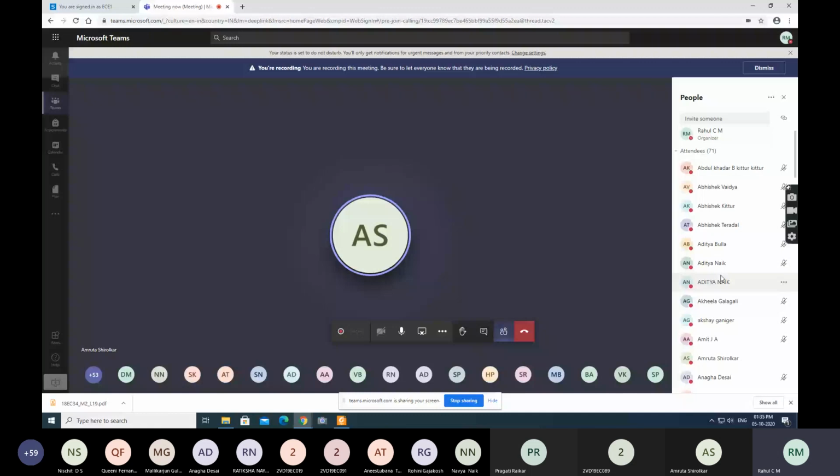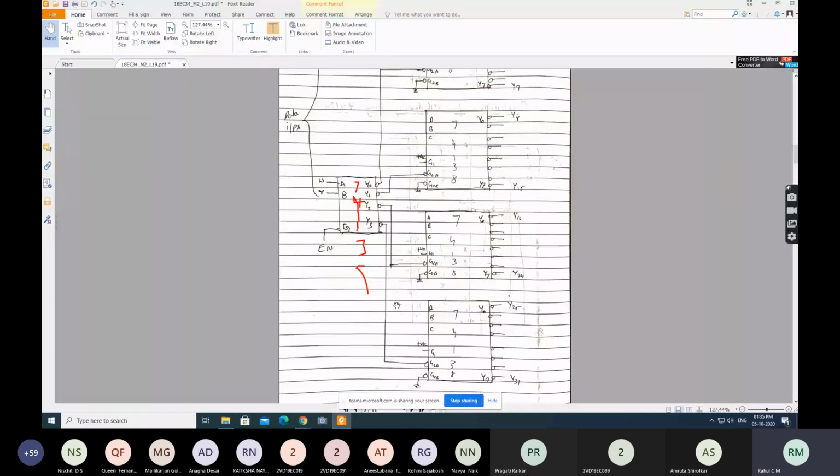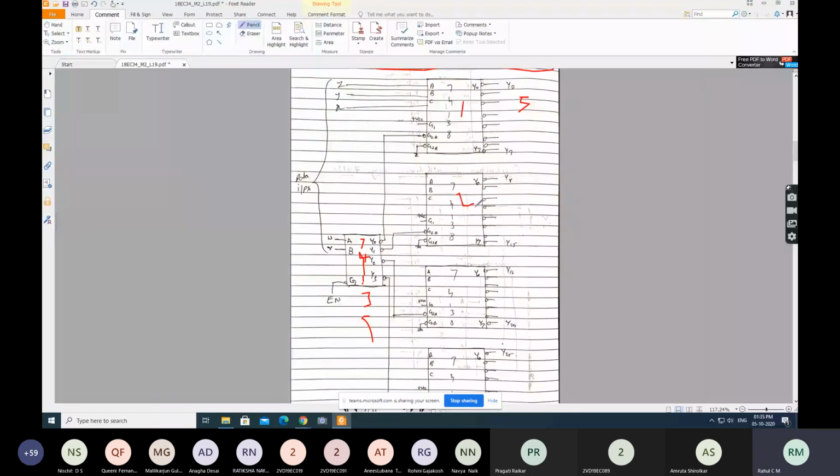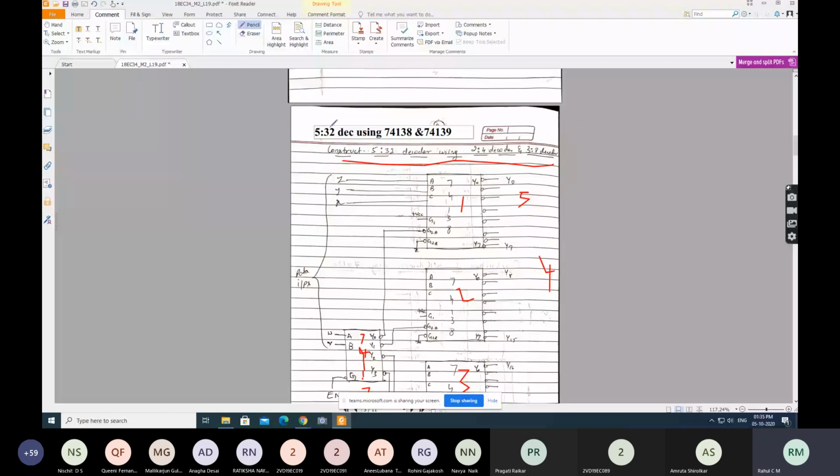This is the first IC. This is the second IC. This is the third IC. This is the fourth IC. Understanding? Yes or no? Yes. Now there are 4 ICs. There are 4 systems to be controlled. Do the reverse engineering. It will be easy for you. The output pins are 32. What will be the number of input pins?